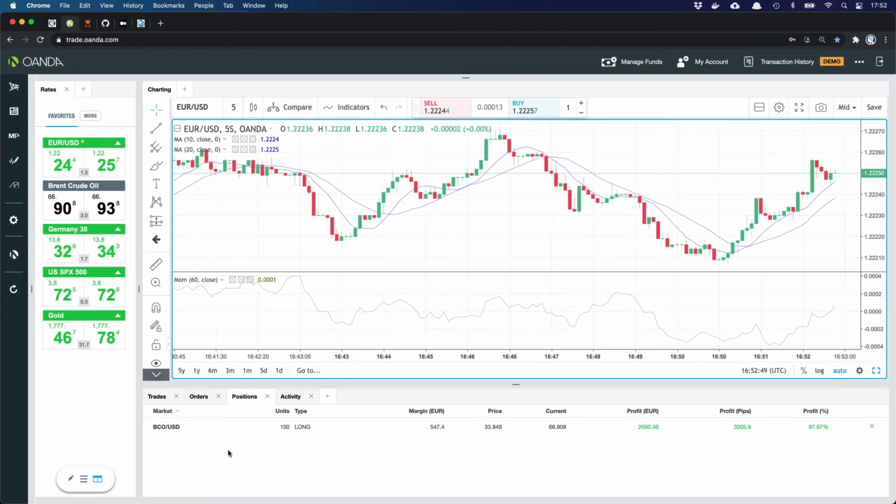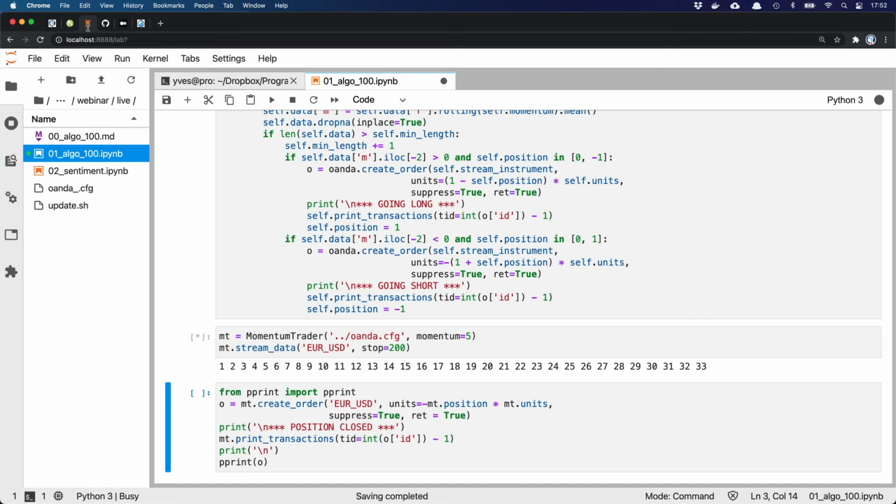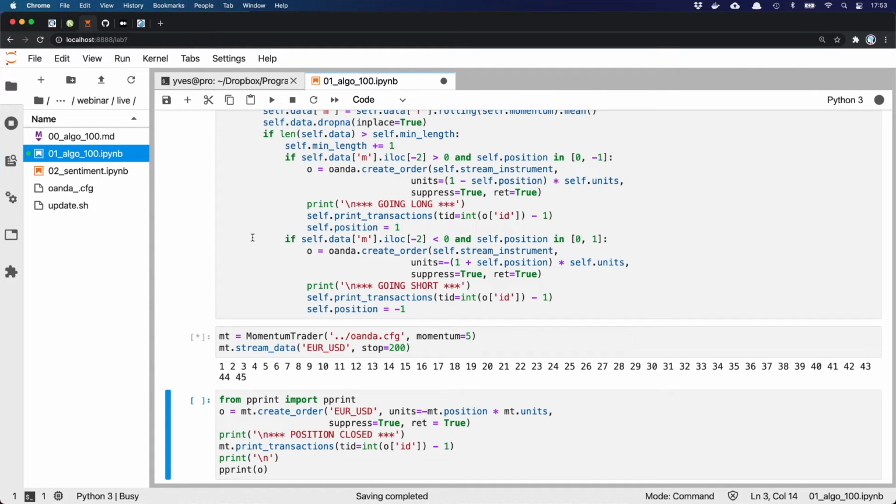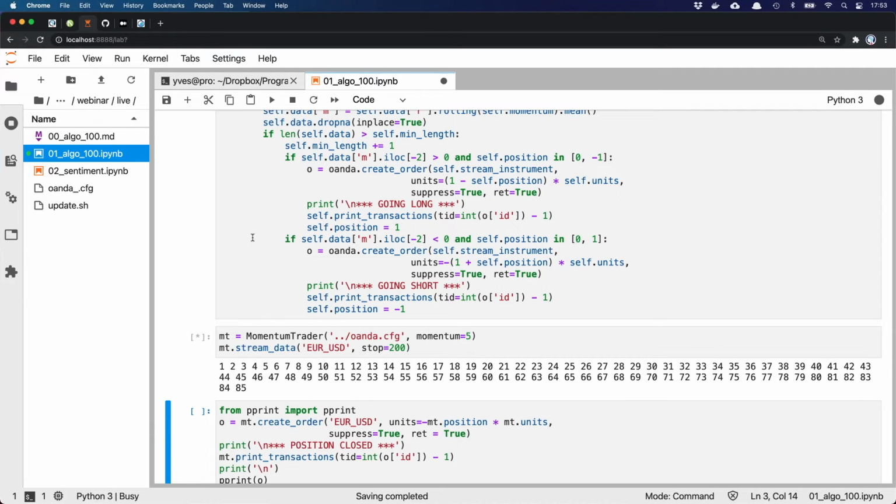We could, or hopefully can then check here the position that has been opened. So it needs 25 seconds worth of data. Once it has enough data, it will for the first time check the momentum and then place an order accordingly. I hope it will place some order soon.